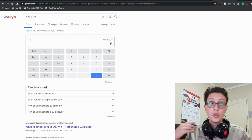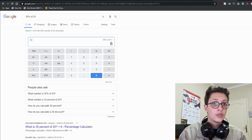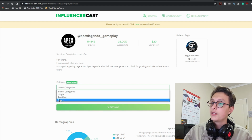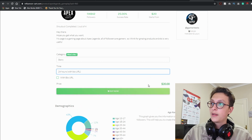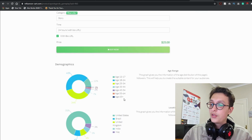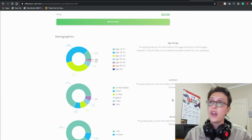And you could do this for multiple offers in multiple niches and then skyrocket your income. So the shoutout starts from $20, but what I recommend is the story one. Select 24 hours, link in bio with bio URL. It will cost you $25, which is a decent investment. And here's their age range. You can see a bunch of stats. That's why I like this website so much, because